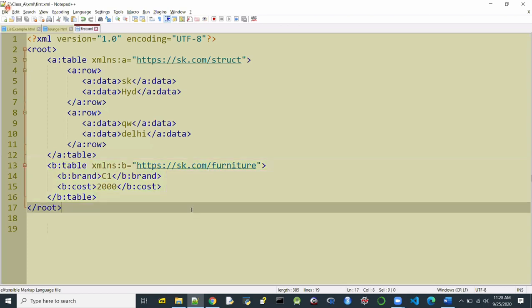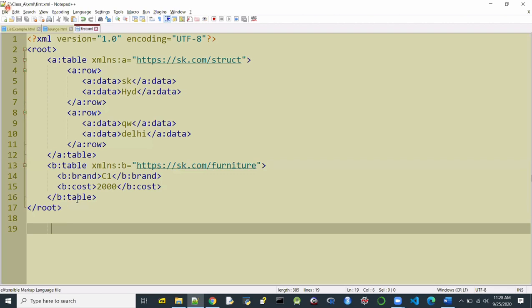Of course, these documents are fake. These are not real documents. What you need is a unique URI, or it may be a real URI. The document may be really present. In real time, of course, the document will be really present, or else we can just use a fake URI. In this example, I'm just using some dummy URIs.